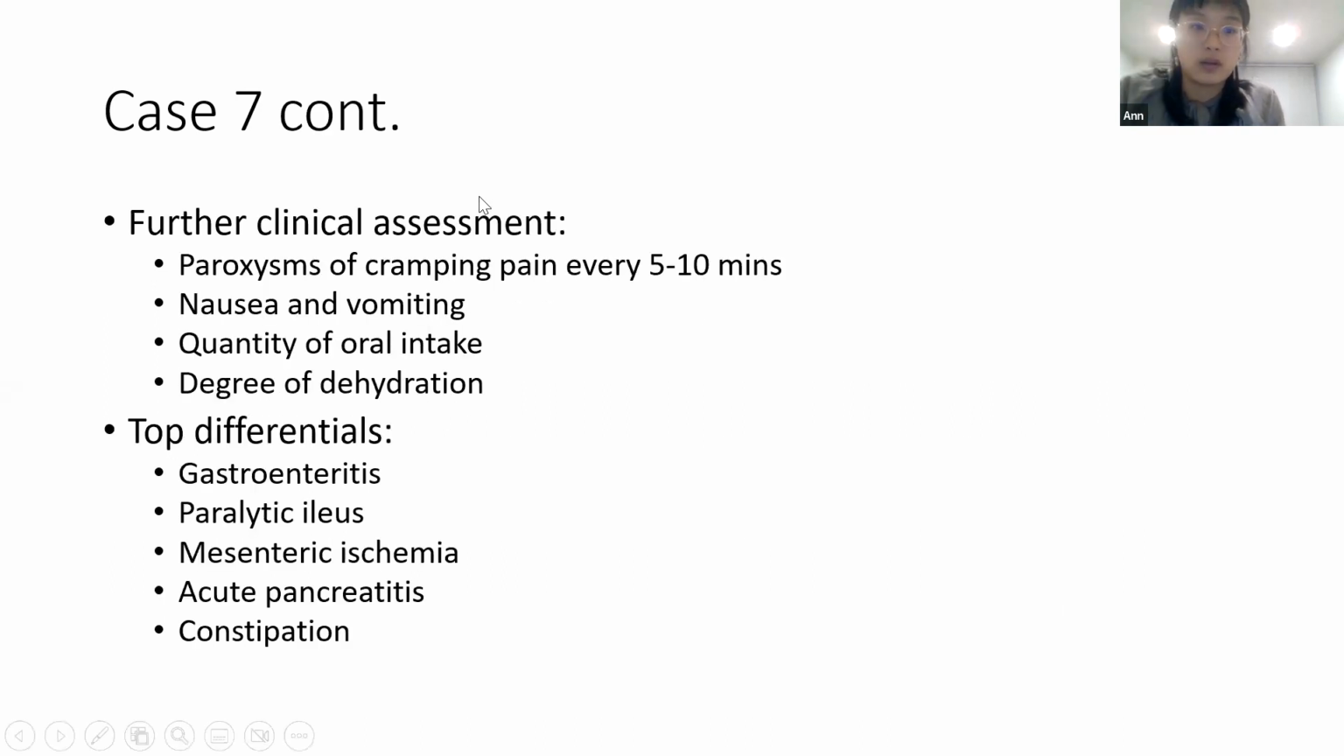So I think on further clinical assessment, she reports that she's having paroxysms of cramping pain that come in waves every 5 to 10 minutes. As we know, she's got nausea, vomiting. She hasn't had much to eat or drink in the last 48 hours due to this nausea and vomiting, and she's quite dehydrated. So when people present with nausea, vomiting, diarrhea, obviously we always want to give them a bit